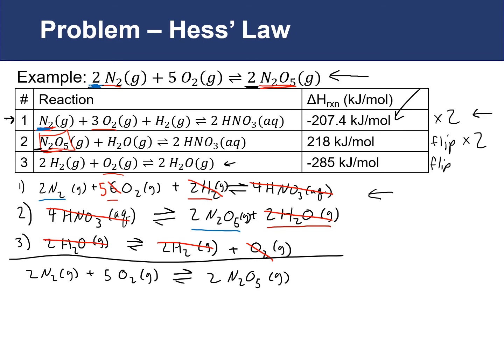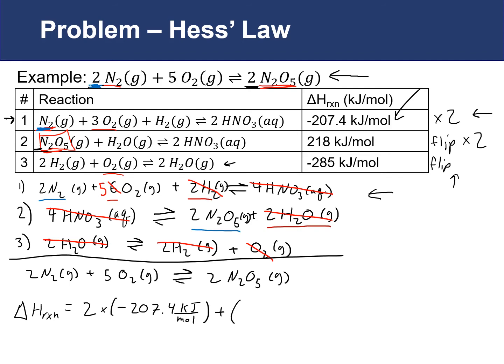So what we're going to do is add all of our values together to come up with our overall change in enthalpy of reaction. So we can just add up our values, taking into account what we have done here. If we flip the reaction, we flip the sign. If we double the reaction, we double the value. So our overall delta H reaction would be equal to 2 times the value from our first one, as written, 207.4 kilojoules per mole,